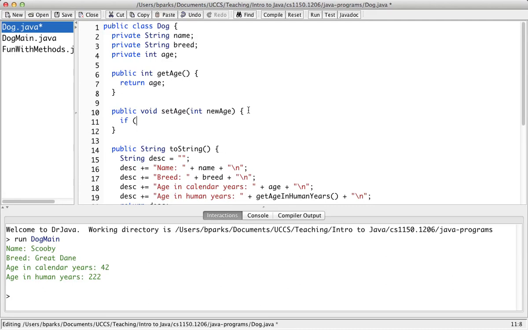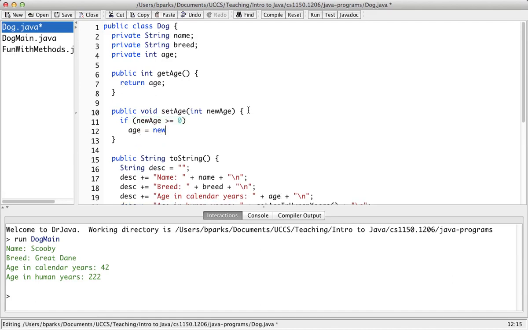And here we're going to test that condition. If newAge is greater than 0, no, newAge is less than 0. No, hang on. If newAge... Is 0 a valid age? I think 0 is a valid age. If newAge is greater than or equal to 0, age equals newAge. Otherwise, we don't care. We don't do anything. So we specify this